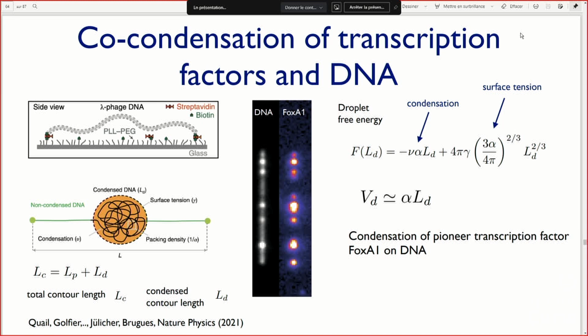And with this picture, one can now write a free energy as a condensation free energy proportional to volume, where nu is some coefficient describing the condensation energy per volume, and a surface tension term, which is proportional to area. And since the volume is proportional to L, the area is proportional to L to the 2/3. And to this we have to add a free energy stemming from the outside strand,